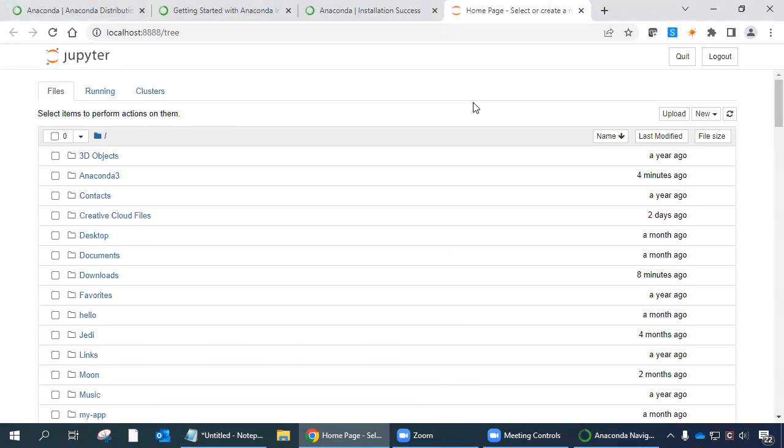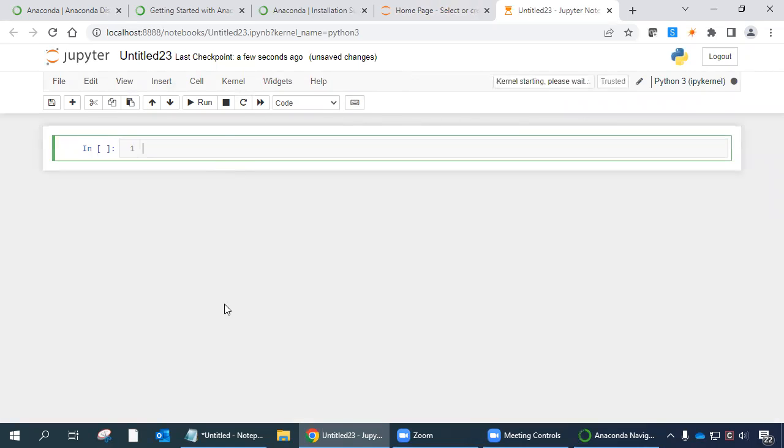So my default browser happens to be Google Chrome. And so it opens up a Google Chrome tab. And then here's the user interface where it's showing me the file directories on my system. And if I want to open up a brand new Jupyter Notebook, then all I need to do is go right here to the right, go to the dropdown, select Python 3, and it's going to open a Jupyter Notebook